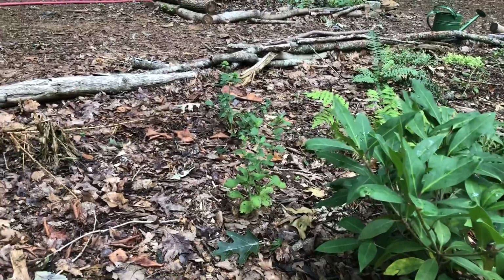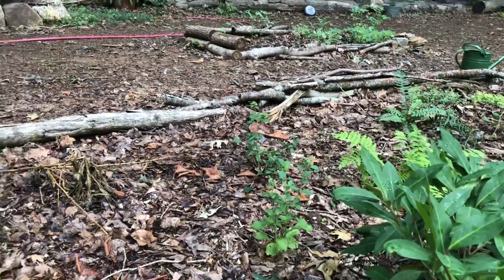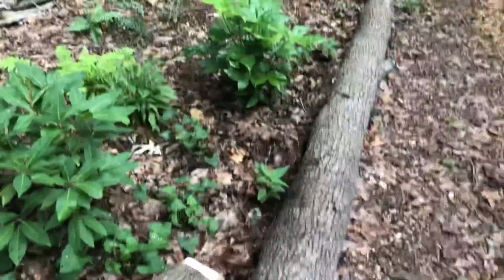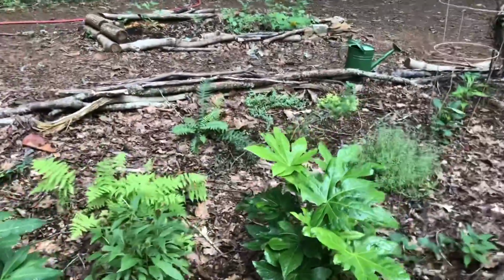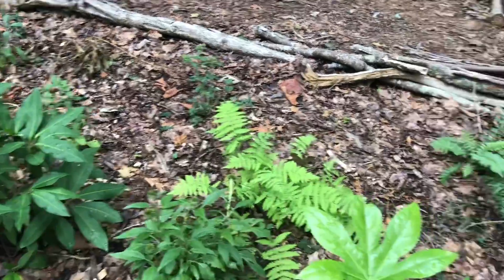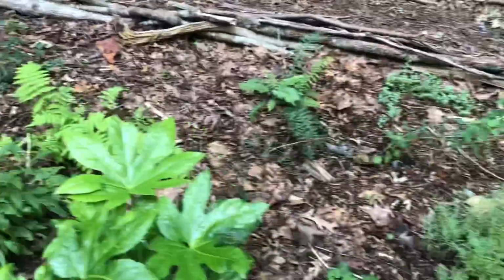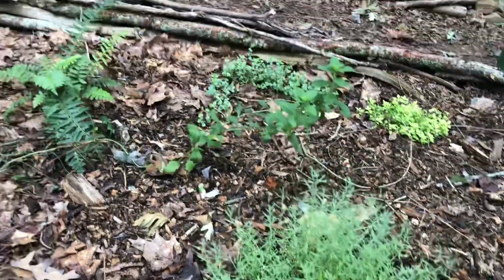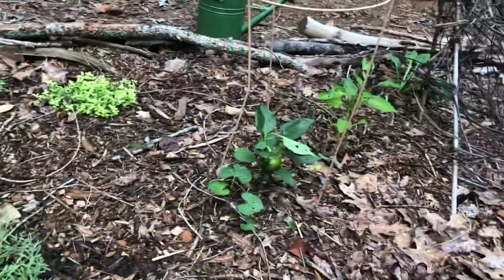I have some bee balm and some salvia. I have a lot of bee balm in the neighborhood garden, and I moved some of it over here because it was kind of overtaking my beds, and some echinacea coming along. I have more echinacea in my front. Probably should do a front yard tour. I have pineapple sage again from clippings, lavender, stevia. I have a couple of stevias, bell peppers,